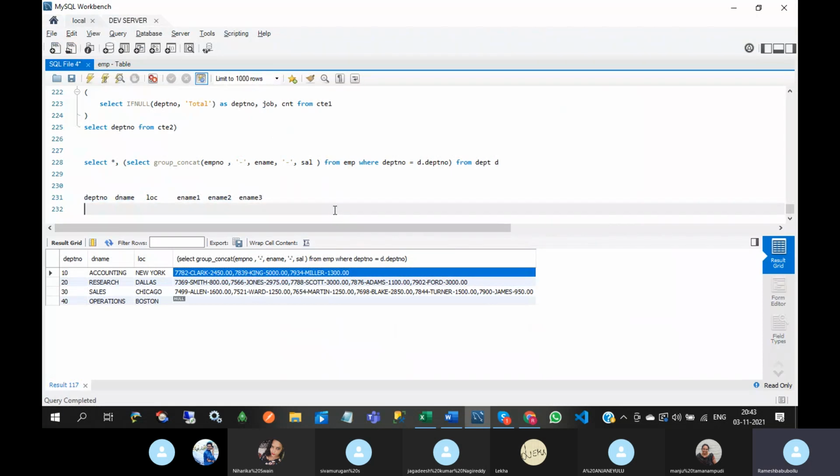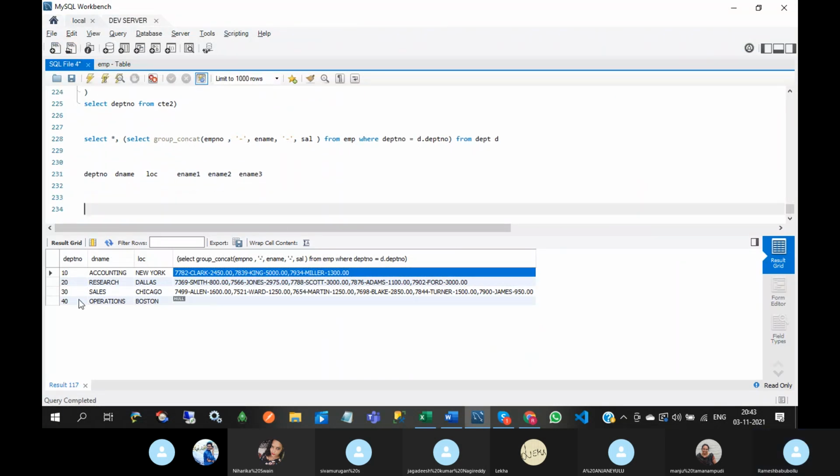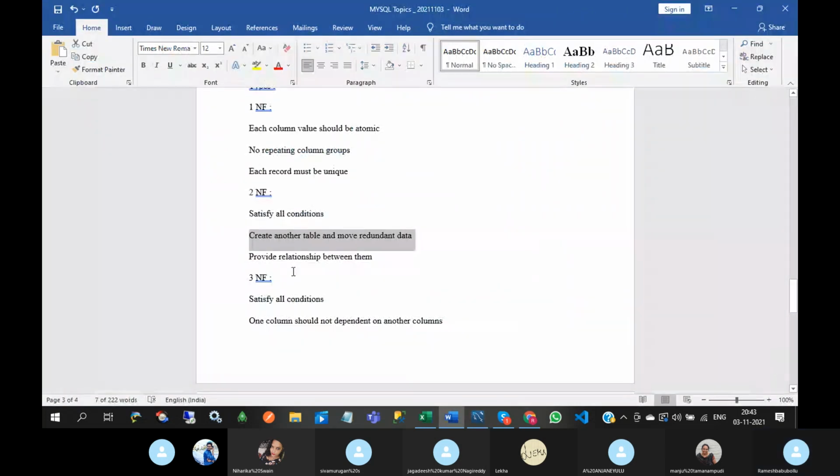That means whatever employee details are there, we need to move them to the EMP table, and one common column should be there. For that purpose, we moved department number to the employee table. That is, create another table and move redundant data.